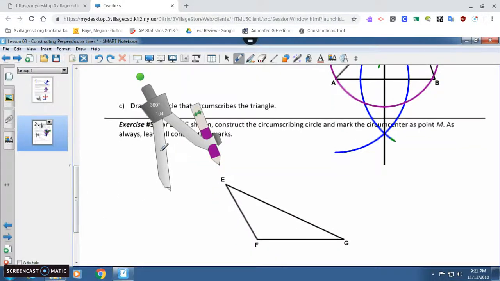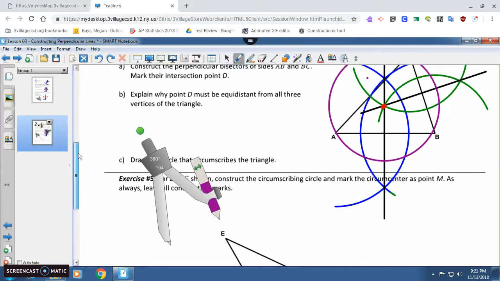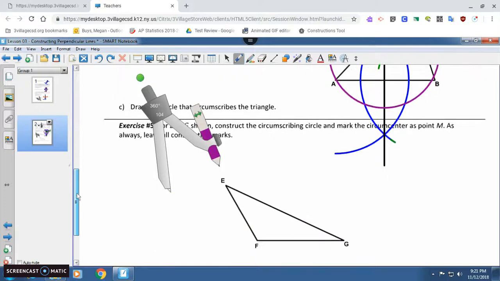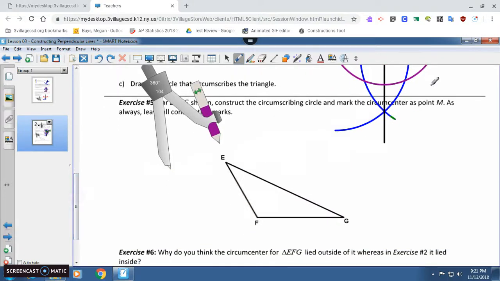Because it's a circumscribed circle, that point that we just found as the center is known as the circumcenter, because it's the center of a circumscribed circle. And if we ever wanted to find that center point, we would just use the 2